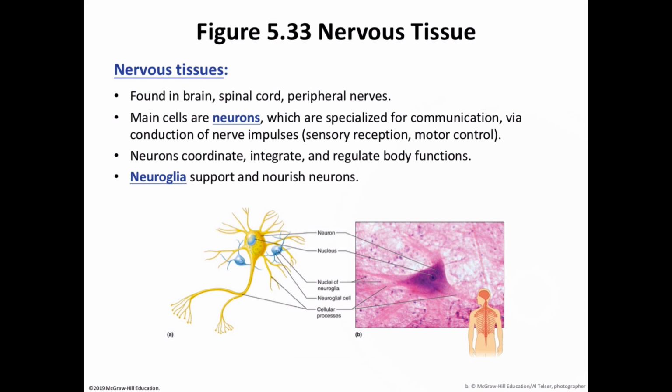So with nervous tissues, they're found in the brain and spinal cord and the peripheral nerves. I repeat, nervous tissues are found in the brain, spinal cord, and the peripheral nerves. So now that we've made it this far, I'll say that nerve tissue controls our muscles and glands. If I were you, I'd write that down because that's what it does. It controls our muscles and glands, meaning the